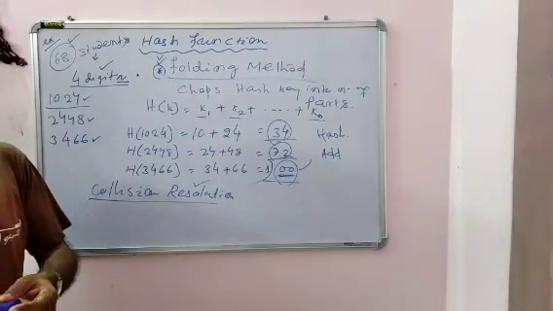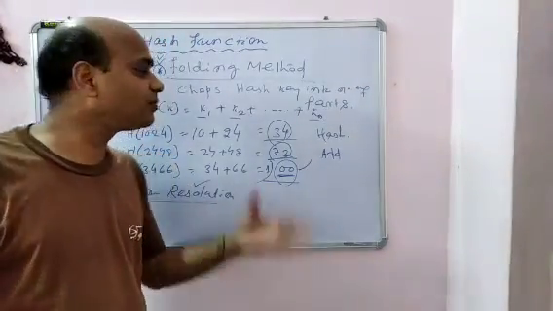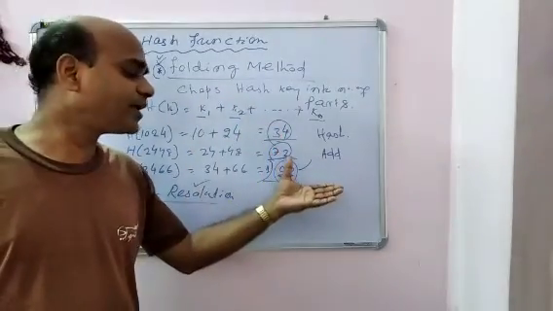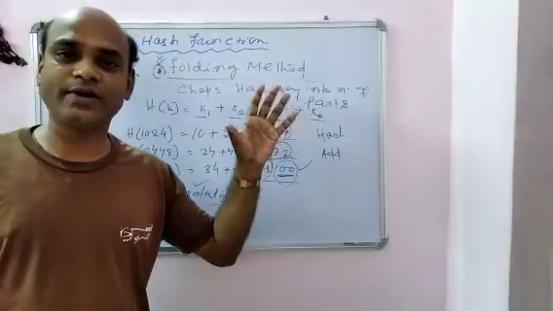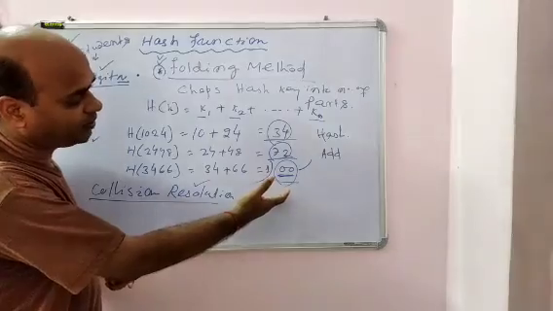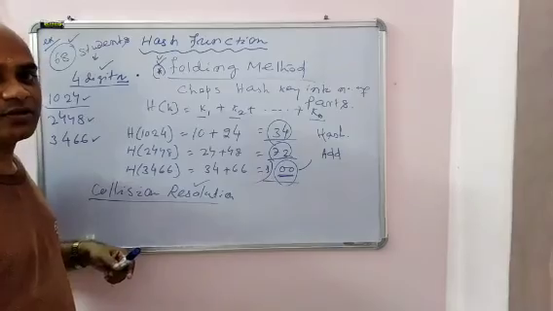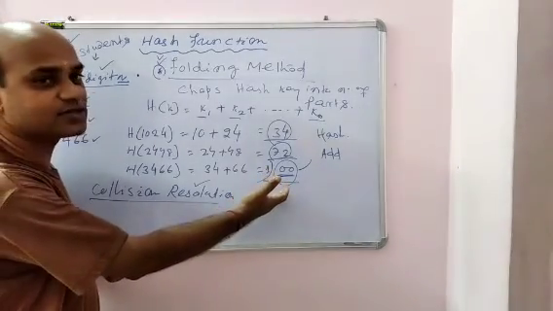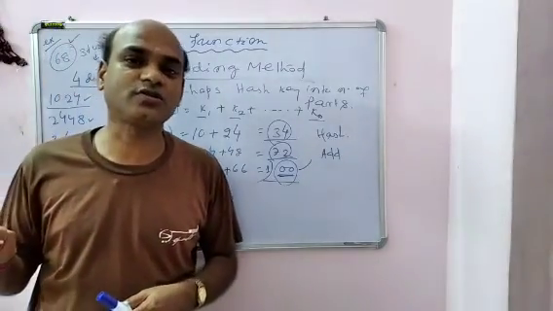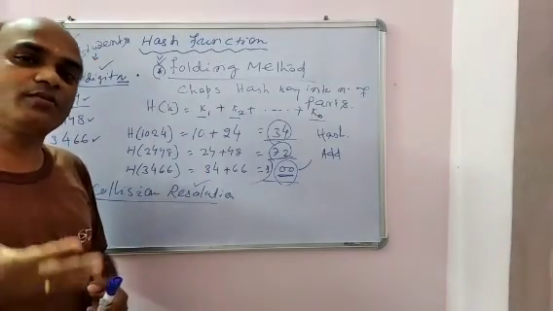In this way we can use different hash functions as per our use. So this is all about the hash function, which is used in finding memory addresses and also in direct file organization. By providing a key value and applying a mathematical formula, we can find the memory address, that is the hash address. By locating this hash address, we can fetch records directly from that position. In this way we use the hash function to find the memory location.